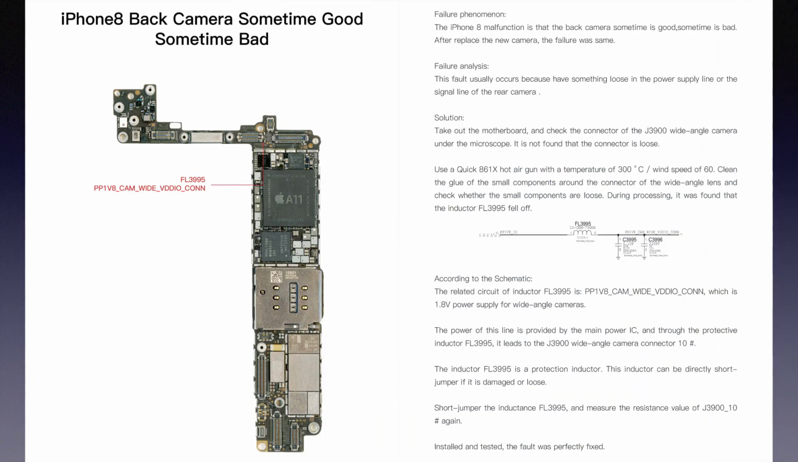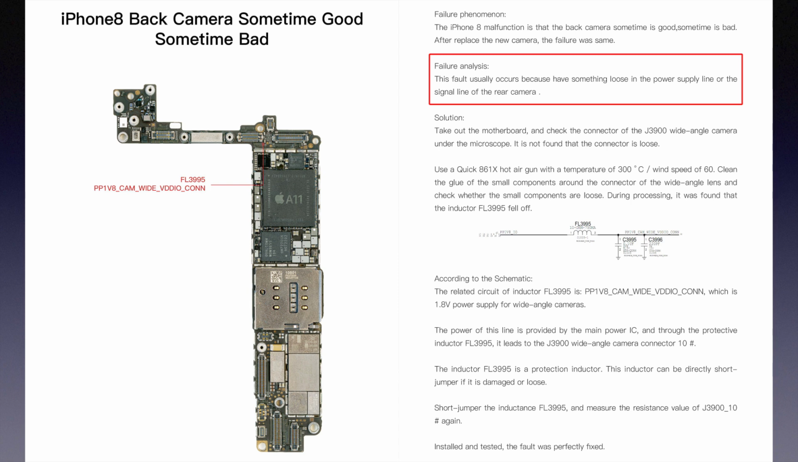Case 1. iPhone 8 back camera sometimes good, sometimes bad. This case is about an iPhone 8 malfunction where the back camera is sometimes good and sometimes bad. After replacing the new camera, the failure was the same. The analysis is that this fault usually occurs because there is sometimes a loose connection in the power supply line or the signal line